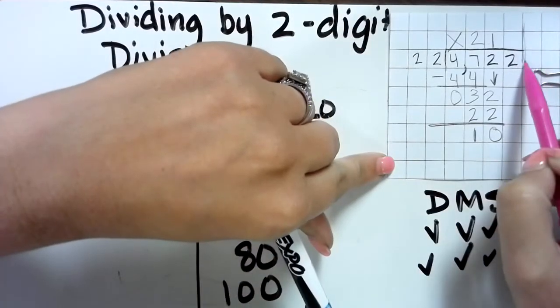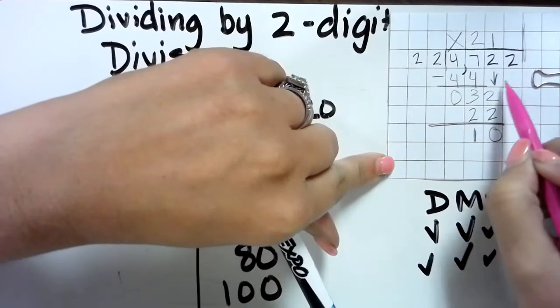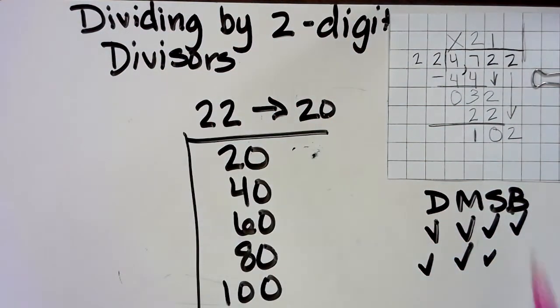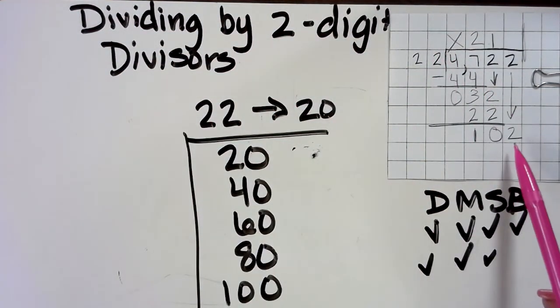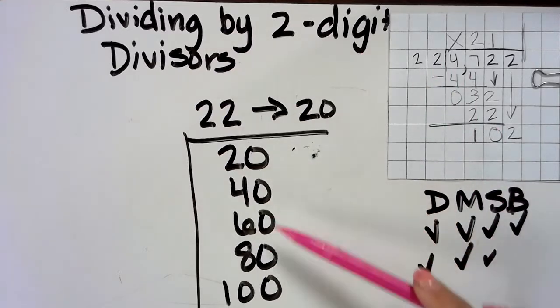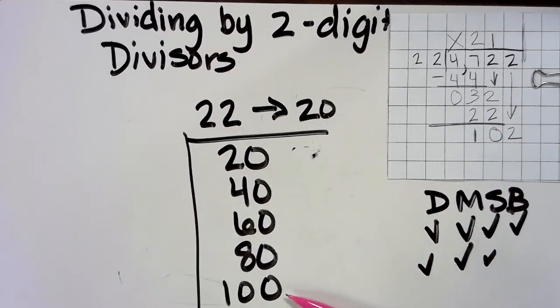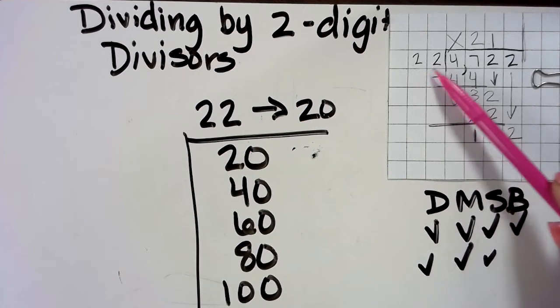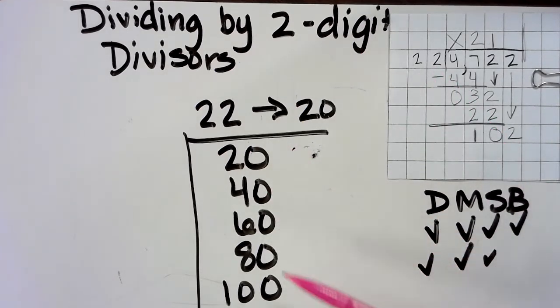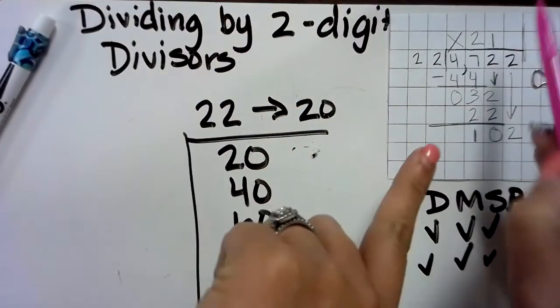Then I'm going to bring down this other number. And again, there's my wall. I can't stop because I don't have a digit there. So I bring down this 2. Okay. 22 into 102. Well, if it was 20, it would go 20, 40, 60, 80, 100. But remember, this is a little bit bigger than our real number. So 1, 2, 3, 4, 5. Maybe it goes in 5 times or a little bit less. So if we tried 5